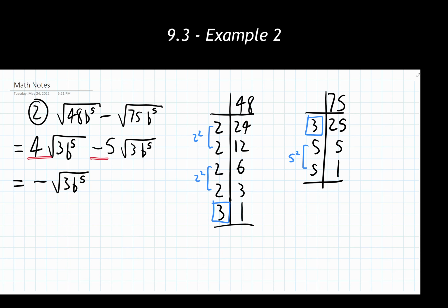So I combine 4 and -5 together to give me -1 down here. And now I need to further simplify this radicand down a bit more. The 3 is already a prime number. I can't do anything with that. But this b to the 5th, I could rewrite for myself. So b to the 5th is the same as saying b squared times b squared times b. We notice we have a perfect square here and a perfect square here. So the square root of each of those is a single b, and those come out front multiplying together, which creates a b squared out front.